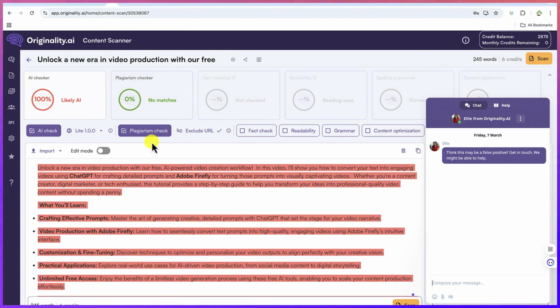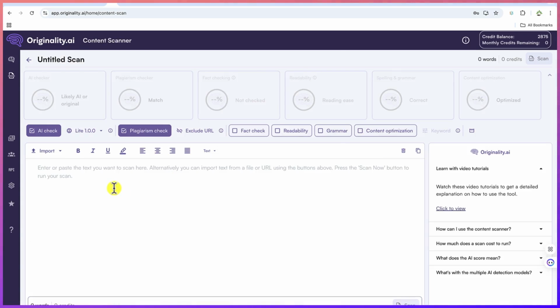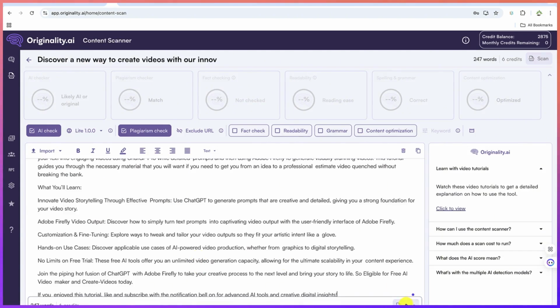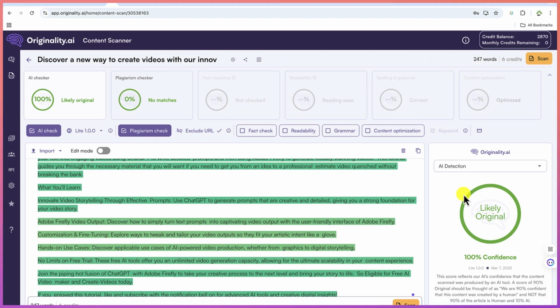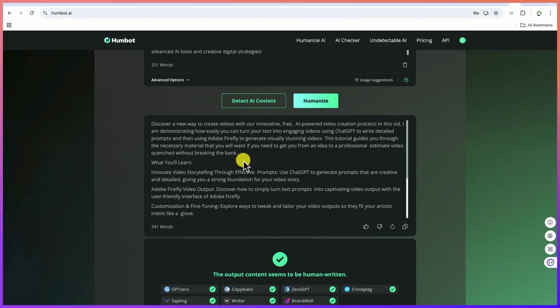So let's try with the last one, which is this one, and let's go on and say new scan. Okay, detect AI content, and let's paste in, and let's go ahead and say scan. And surprisingly, this one also told us that the result shows that it is completely human, likely original. This is human written. This tool is really 100% confident that this is human written. So based on these results, what this can tell us is that Humbot is actually a very fantastic AI humanizer,